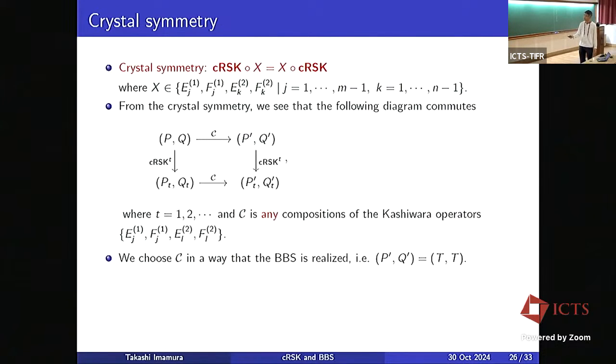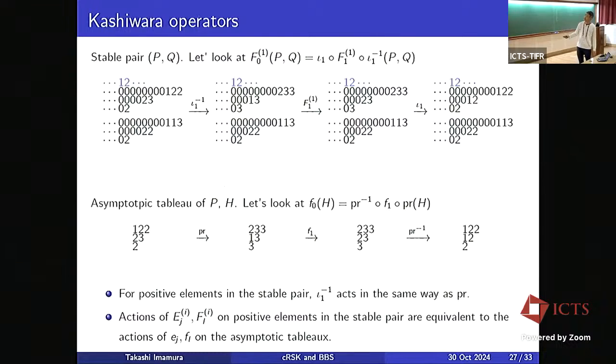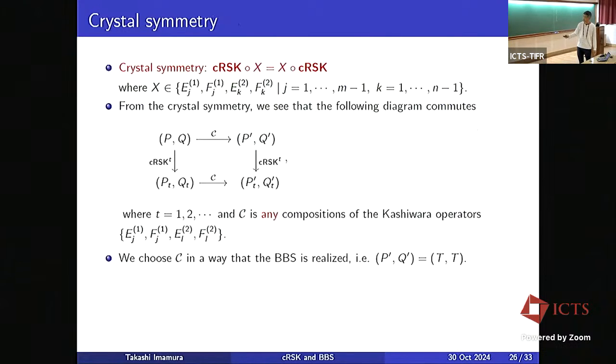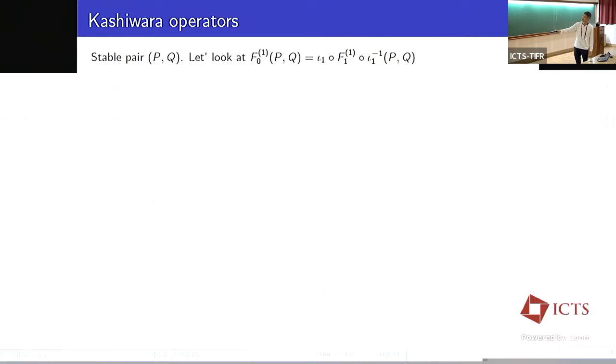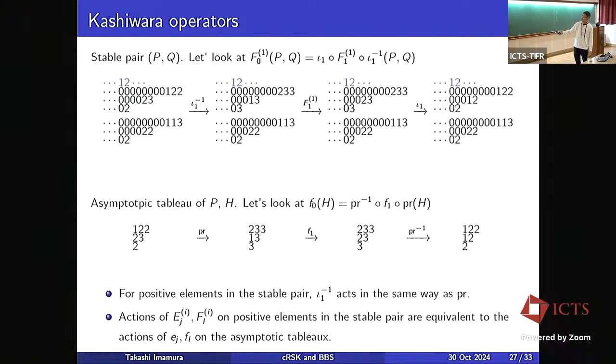So our strategy is the following. If time t is large enough, the time evolution of p and q is completely linear. The system is, in some sense, stable. So in this stable pair, we can see that the action